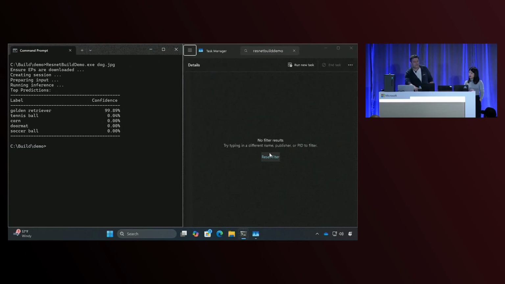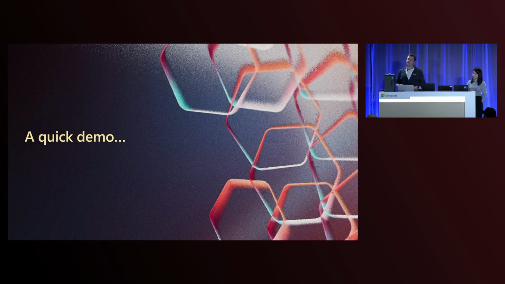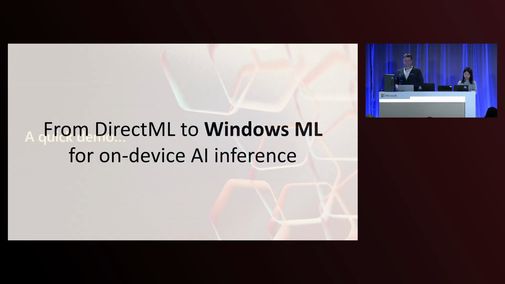So what we've just shown you here across all 4 of these machines is the same app, same code, running on pretty diverse silicon. We've got 3 different NPUs. Each of them are from different manufacturers. They have different chip designs. And we're running on a GPU as well, which is like a totally different piece of hardware. And the thing that makes all of this possible is a new, built from the ground up version of Windows ML. So we'll talk about that.